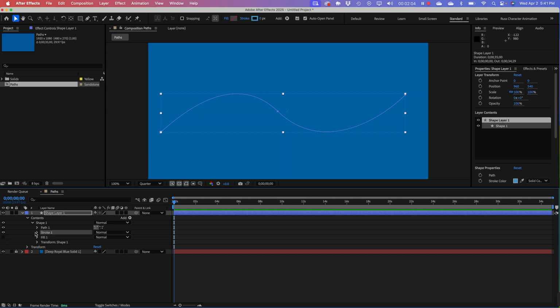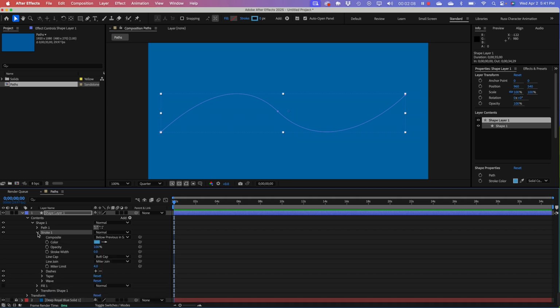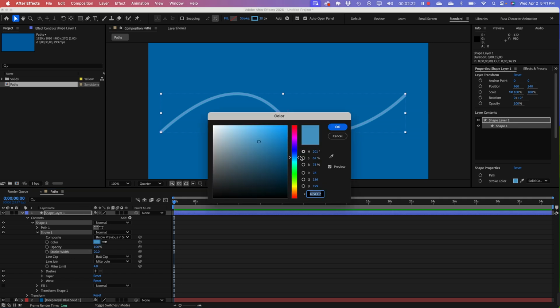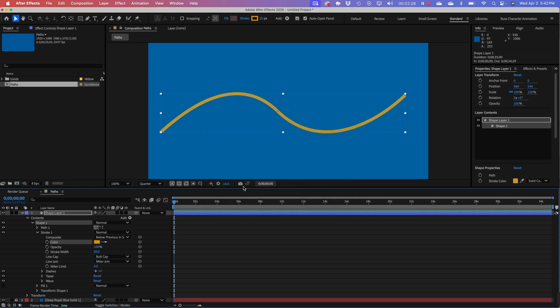And then I'm going to go up to the stroke option under Contents, and let's set the stroke width to like 20 pixels or something like that, so we can see it, and make sure we can see the line. What color it is probably doesn't necessarily matter. But so we've got this path,